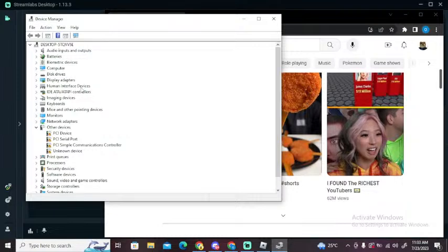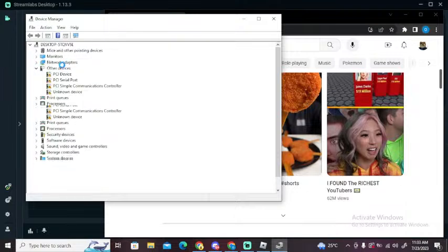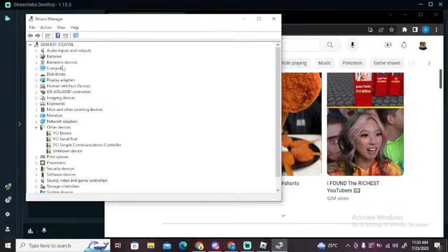And camera on Windows 10. So there is a workaround for this. We will go and disable